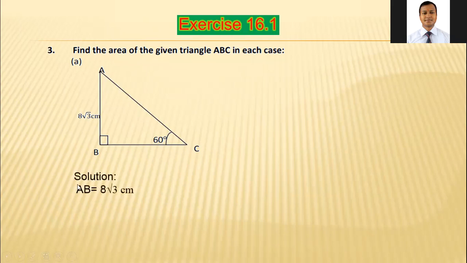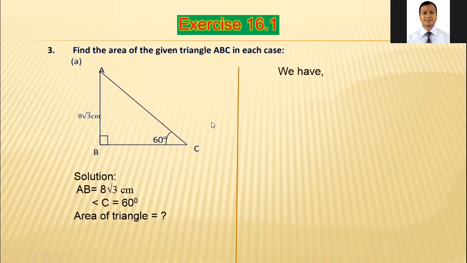into b. AB is given, that is 8 root 3. Angle C is given, which is 60 degree. Area of triangle is asked to us, and we know that tan theta is equal to p by b, or tan of this angle C is equal to p by b. Put values. Tan C means tan 60 degree is equal to perpendicular 8 root 3, base is BC,